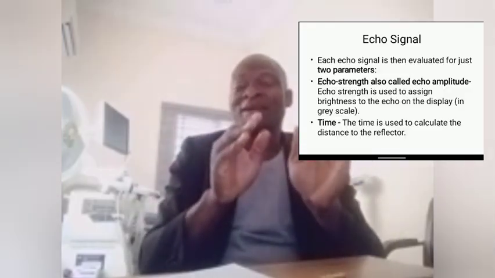So at the transducer, the piezoelectric crystal converts the echo back into small electrical voltages. That conversion brings about the echo signal; the tiny echoes that are converted into a signal are called the echo signal, and this echo signal will be